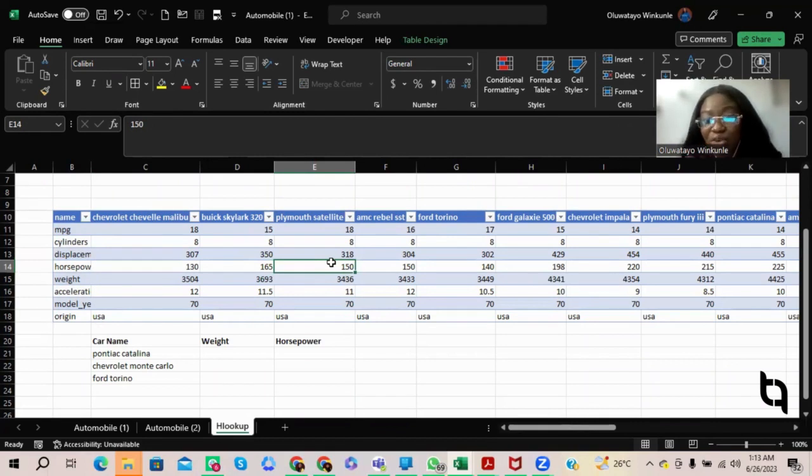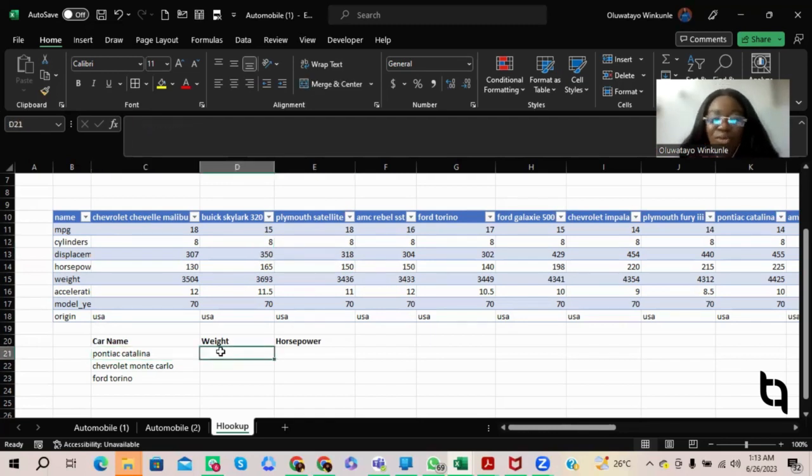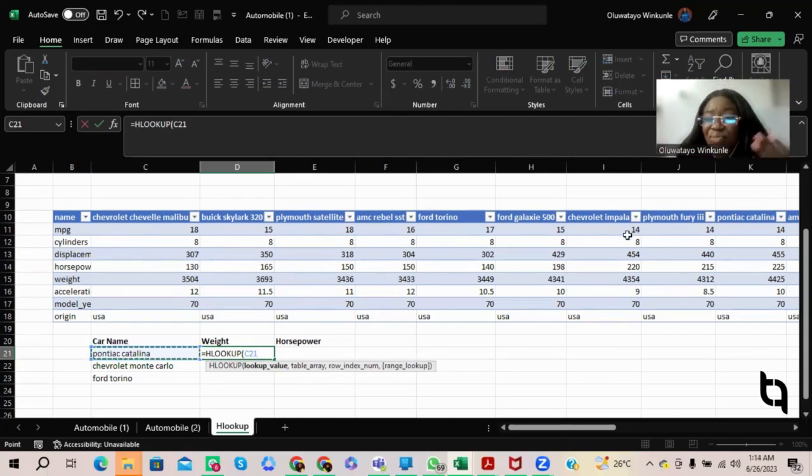Now, although I put this in tables, working with tables and HLOOKUP could be a bit tricky, but we'll look at two ways we can work with it. This time around, I want to look for this Puncher Catalina inside this table, and I'm going to say, very similar to what we've done with VLOOKUP, HLOOKUP. I'll pick the function. My lookup value is Puncher Catalina, and it's in this data set. Remember, your lookup value should always be at the topmost